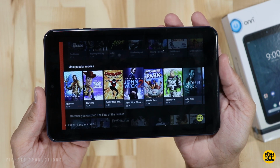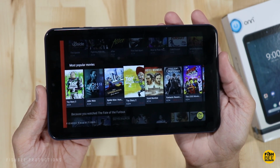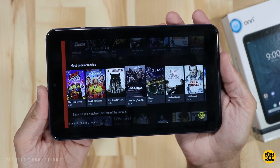So if you're looking for a streaming device that is tightly integrated with the Google services you already are using, this might be just the device for you. But if you're in the Amazon ecosystem...